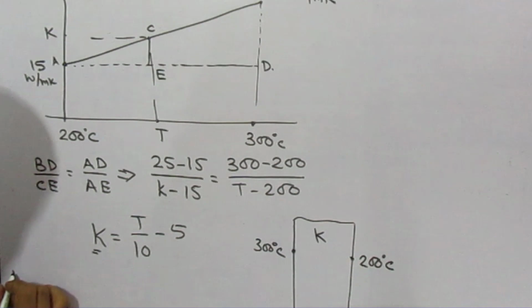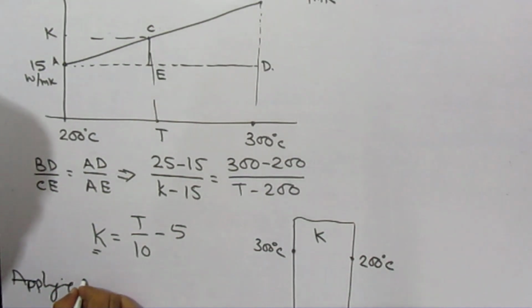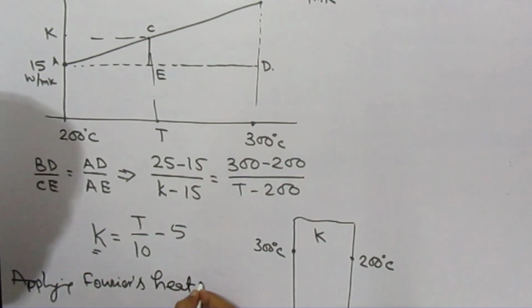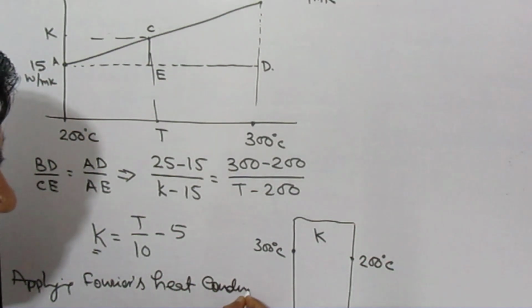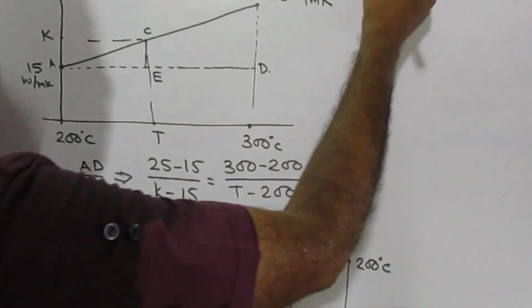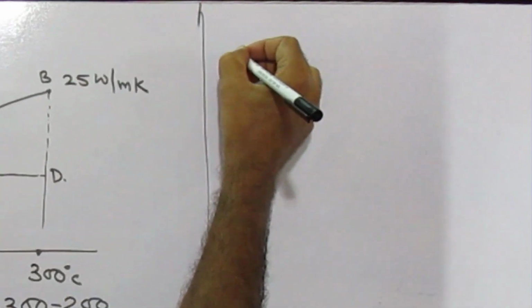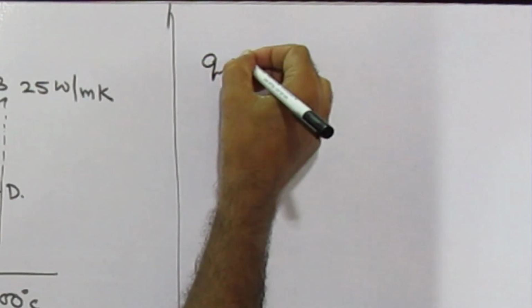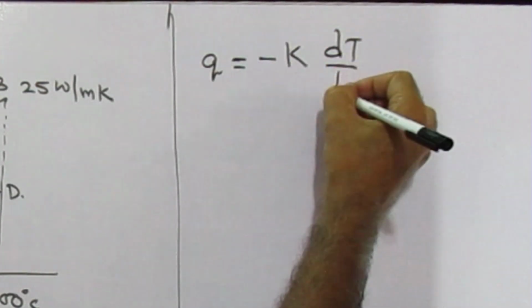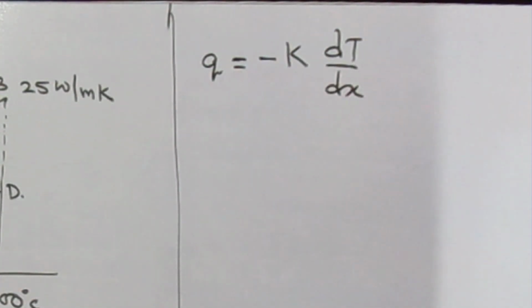Now applying Fourier's heat conduction equation. So heat flux Q equals minus K dT by dx,